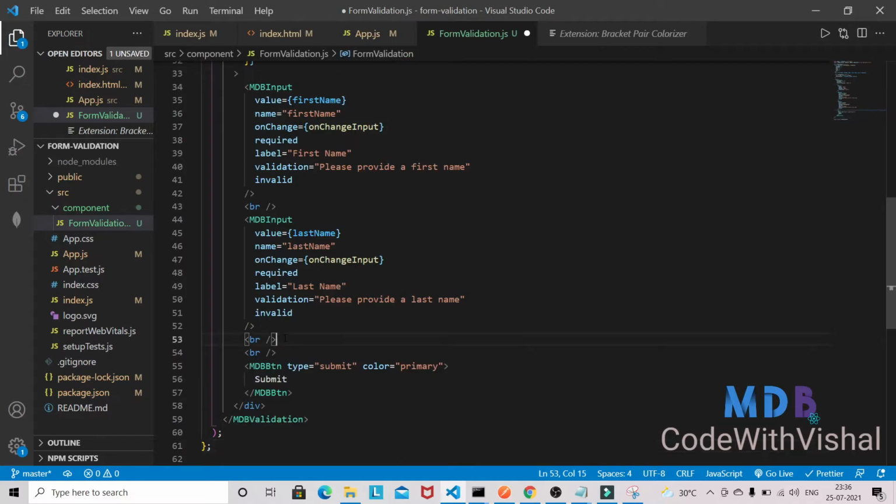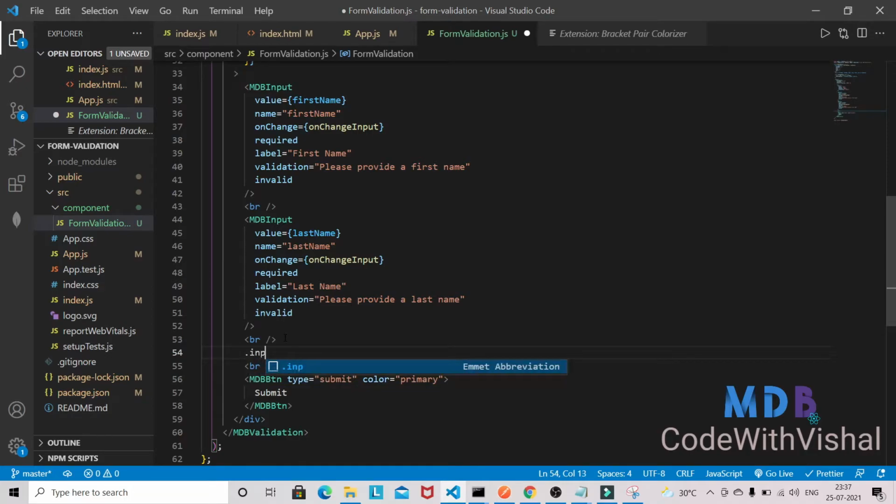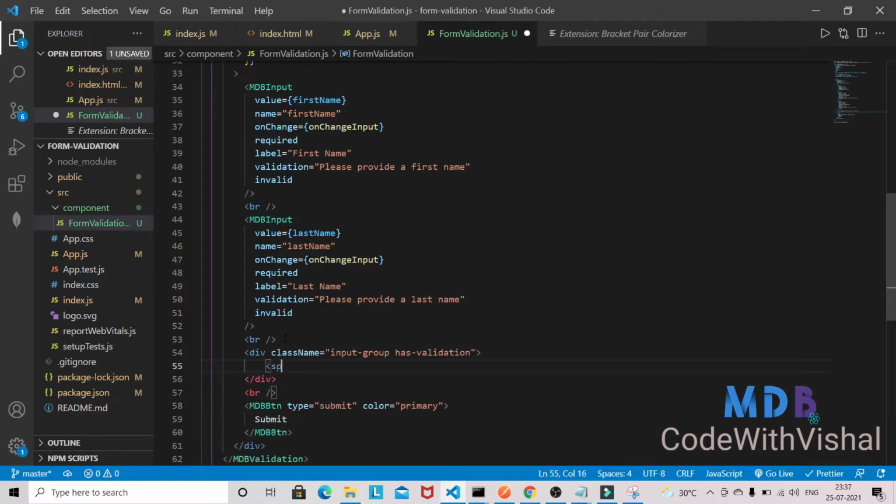and the third input field will be a little bit different. Okay, so let's work on that one. So we need to give one class name here, input group, as validation. So this is a little bit different, and we'll have one span, and inside that we'll have the class name input group text,